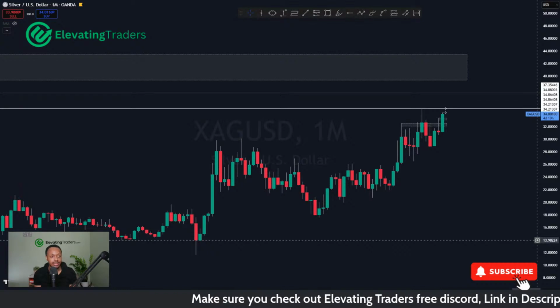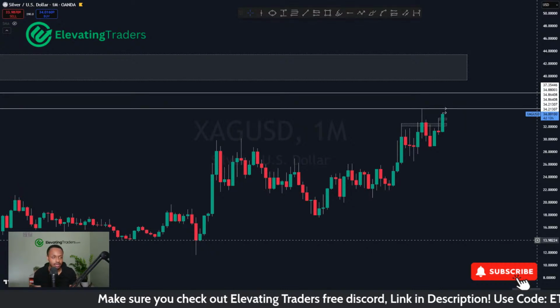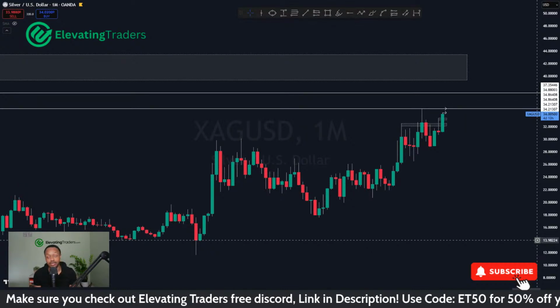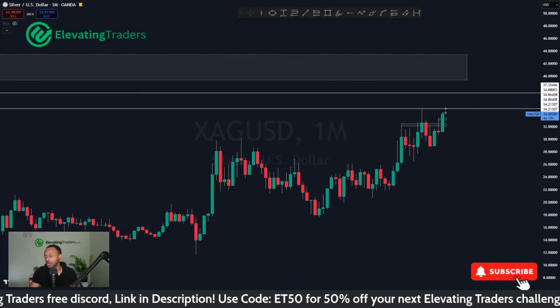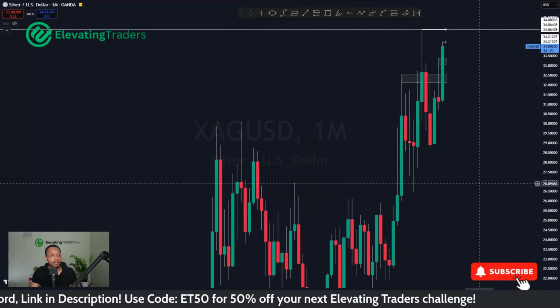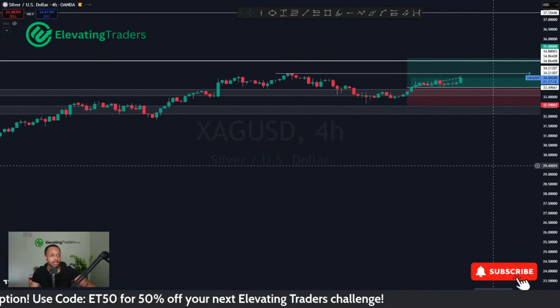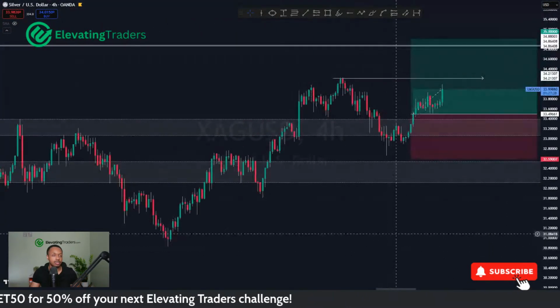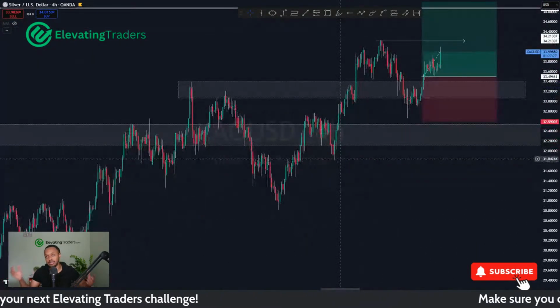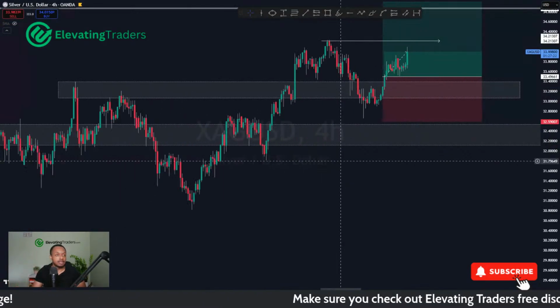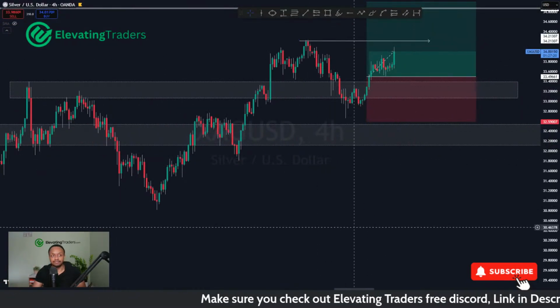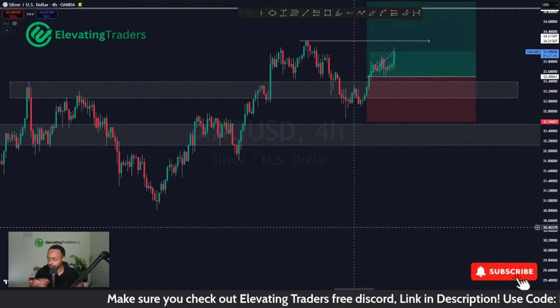Chance of us suddenly reversing here are pretty slim versus us continuing to the upside. So yeah, I would say there's a good chance we do hit that take profit today. But yeah, you don't want to try and force anything, because if it doesn't hit today, it might hit tomorrow, it might hit the day after, which will be Monday. But yeah, I would say we're likely to get there, which is the key thing.